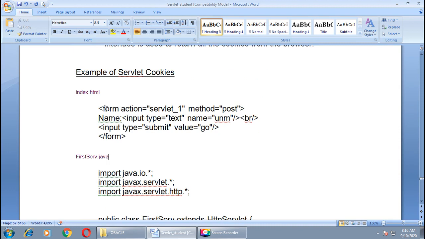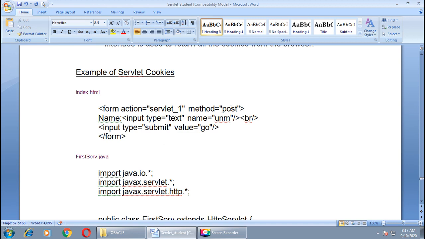We'll take a form tag. Here we will set the action servlet_1. Keep one thing in your mind, no need to give an extension, right? Without extension we will define a name for our first file.